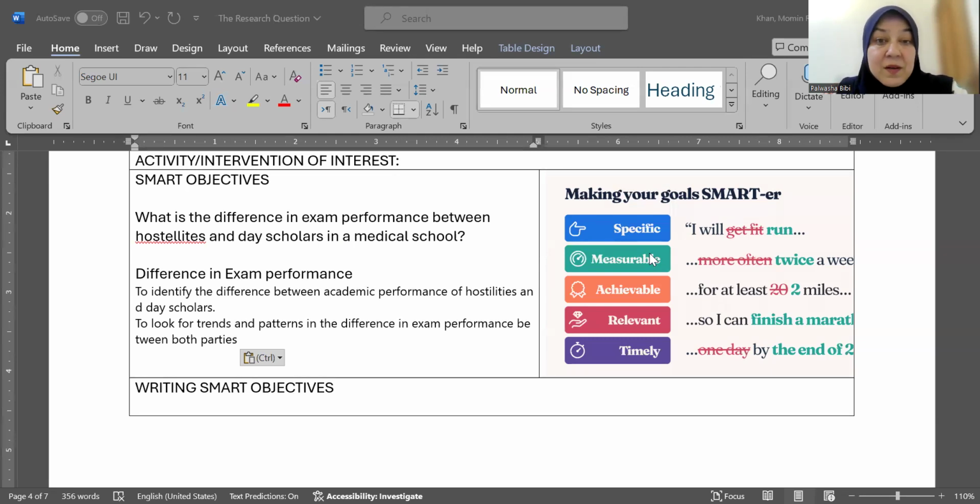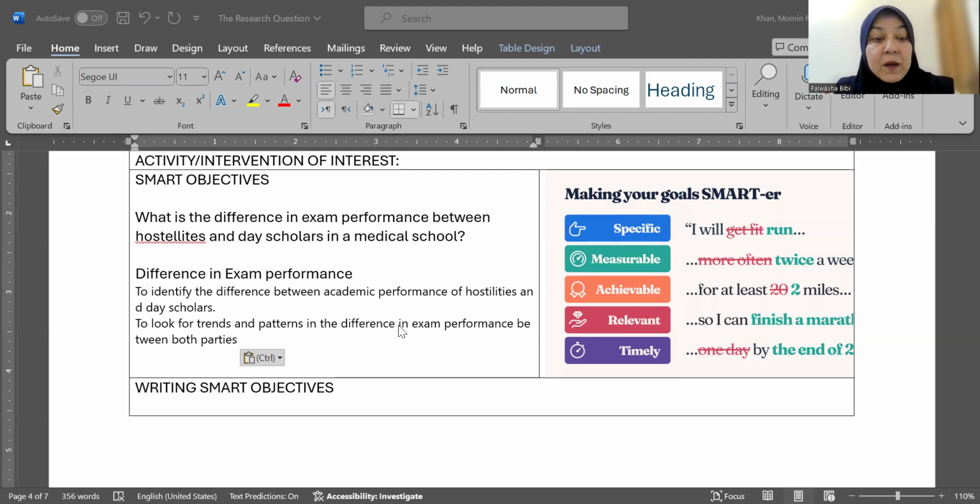Identify a difference in study habit. Again, that is not our research question. To compare result of each year and see which one has the difference. Yeah, this makes sense. Dedicated time of study, to compare exam results and see which one has more difference. All right. So this session is going to end in 10 minutes. I'm going to give you ample time to come back again for the second part.